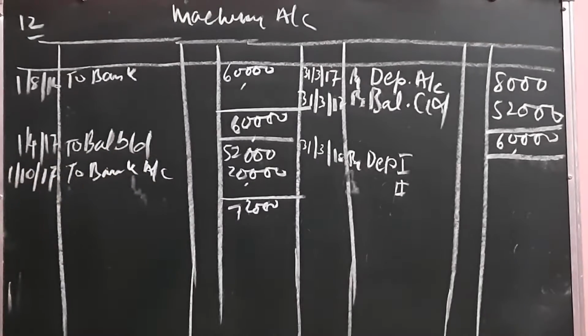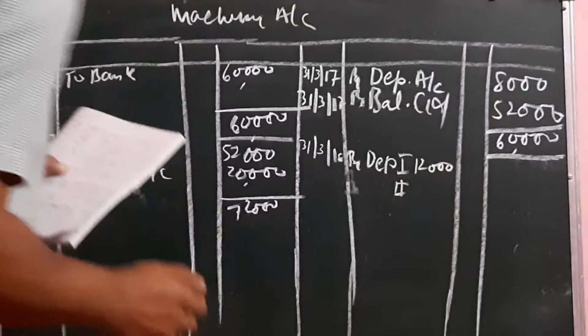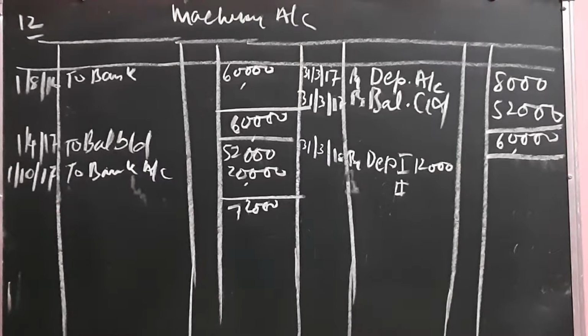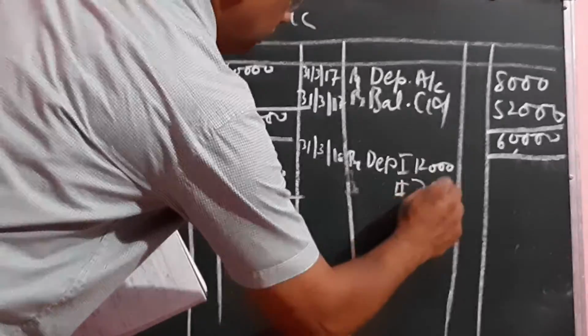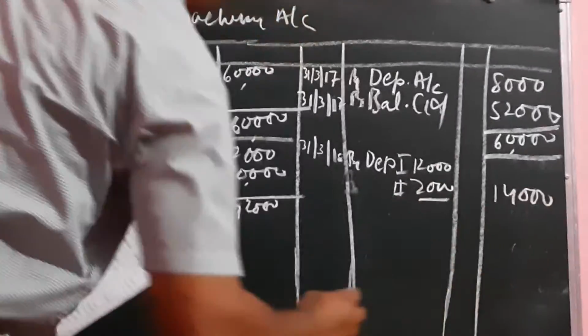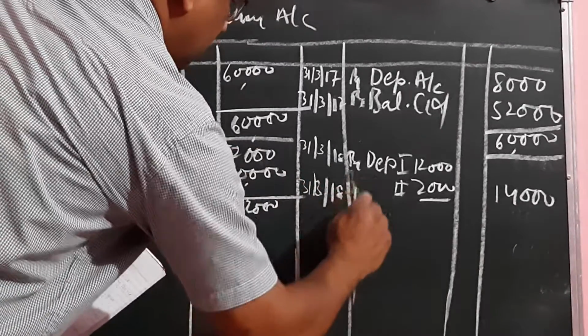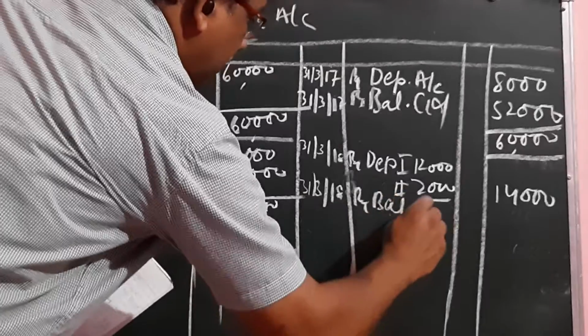So for the first machine, depreciation calculated here on 60,000 at 20% is 12,000. So machinery, it is 12,000 for the first machine, and the one purchased in October is 20,000. So 4,000 is the depreciation for the whole year; purchased in October, so half of the depreciation is 2,000. So it is 14,000 depreciation, and the balance of this machine is by balance CD.